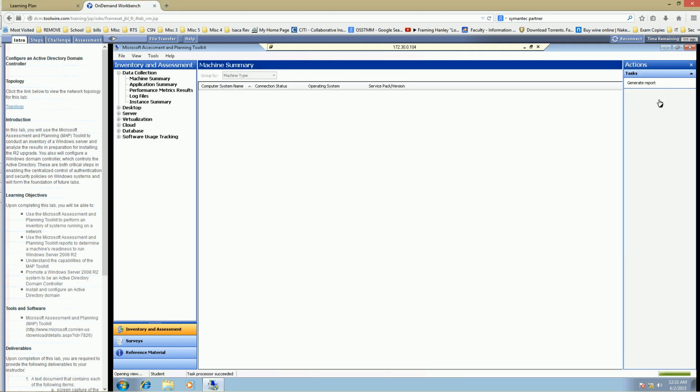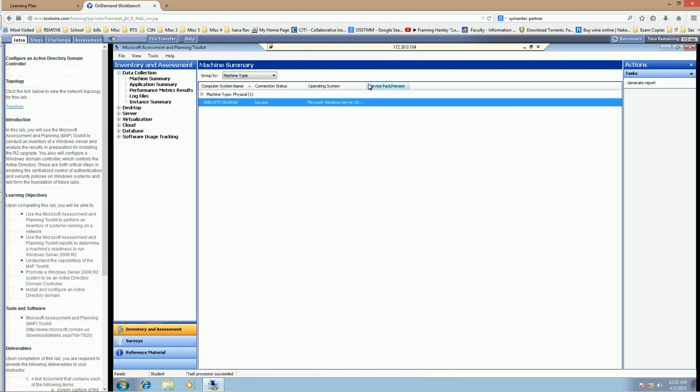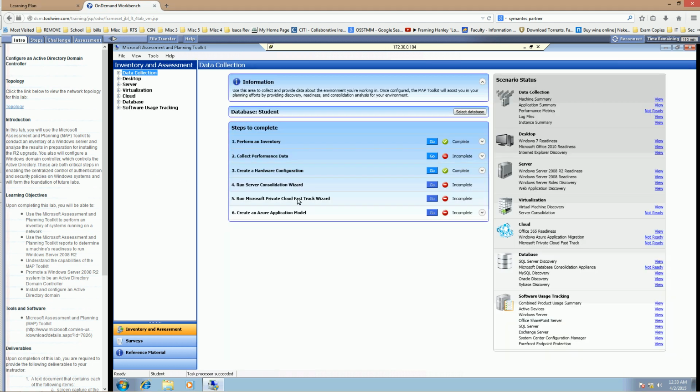We want to see what the machine was. It was Server 2008 Standard. Its name is WIN-2FT blah blah blah blah. Not a very appropriate name for a server, but that's our guy. So once we see that, we can go ahead and back out. We're going to complete the same steps for our application summary